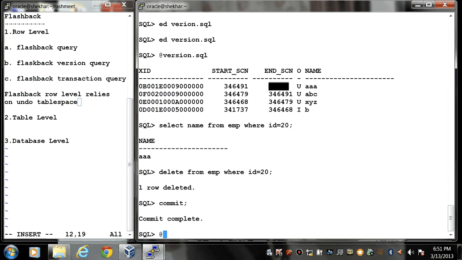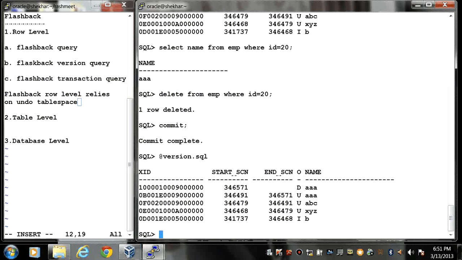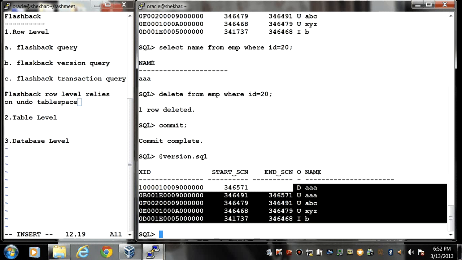Again if I run this query, then here I can see that after update, D for delete, and there is a null value. Now my row is deleted. So in this way I can see all the operations which I have performed on the ID 20. So using flashback version query we can see all the versions which have happened in a particular row.